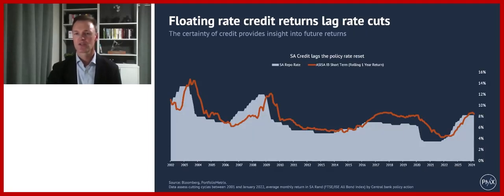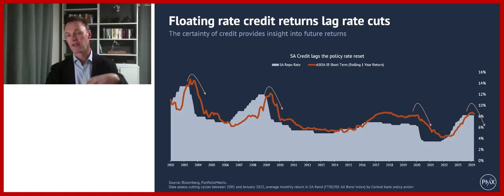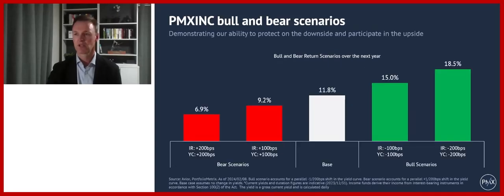And what's important to notice as well on this slide here, this is showing the returns of your income funds in a rate cutting environment. And what you'll notice is that because of the nature of a floating rate instrument, the rates will move about 3 months after, will follow interest rates downwards. So we saw them following interest rates up during the last rate hiking cycle, but we'll see those traditional floating rate credit instruments start reducing their yield as interest rates start coming down.